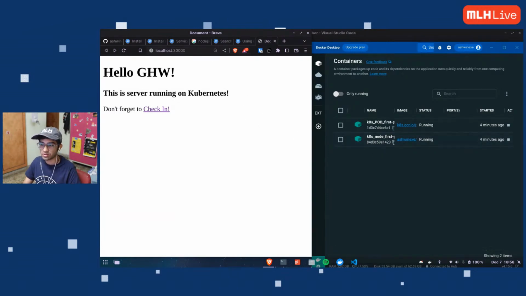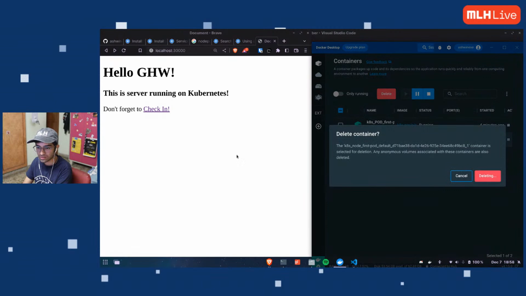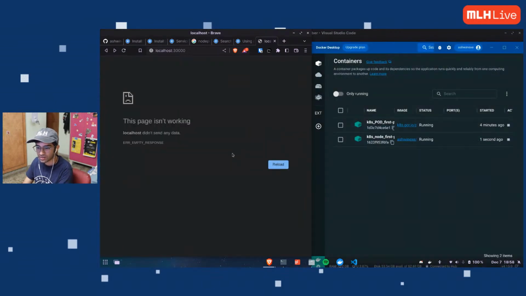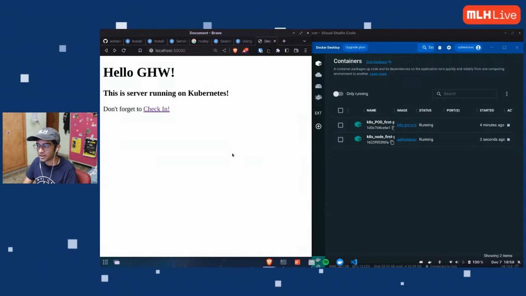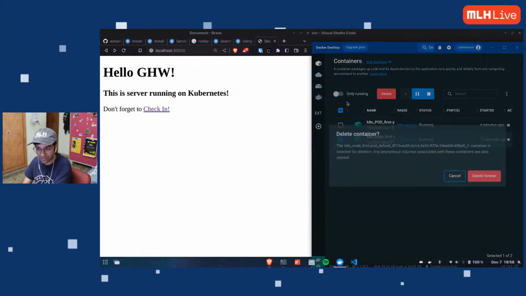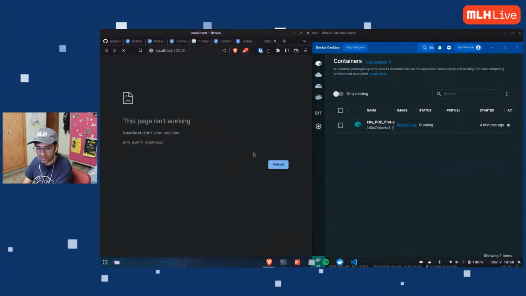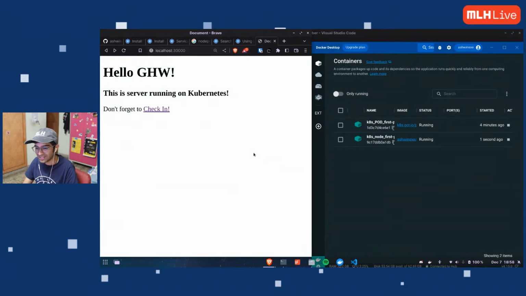Let's say it goes down. If I just delete this, all right, it's gone. But let me just refresh again. It's back up. You see that? The moment I deleted the pod, it came back up. It's right now indestructible. If I just do this again and refresh, it's back. Kubernetes is detecting that the pod is down, which should not be there. It again starts the pod on its own. Unlike yesterday, when I had to use docker stop, docker start. It's running it on its own.